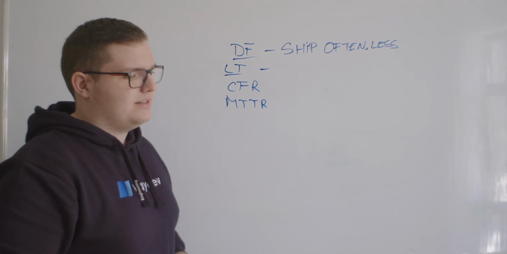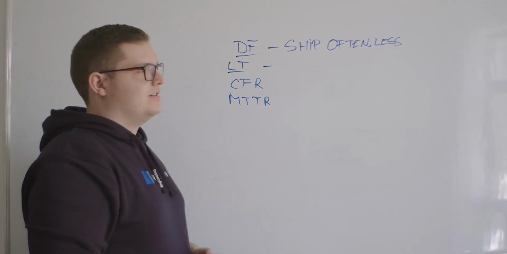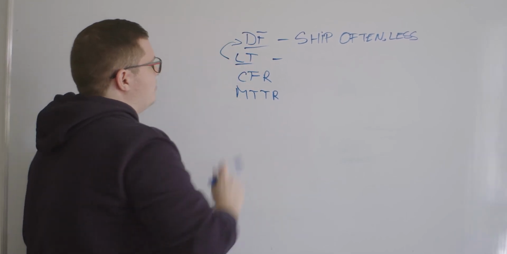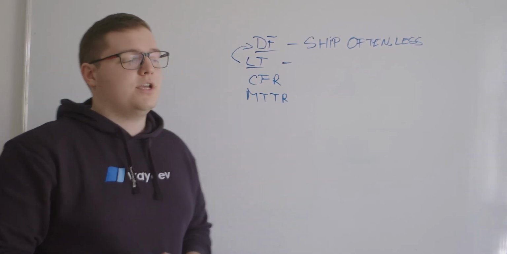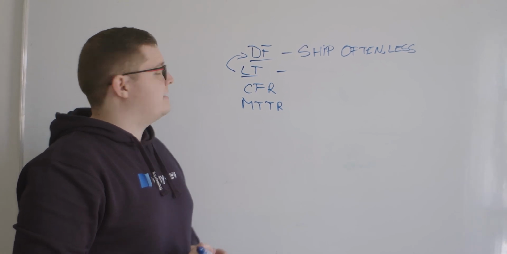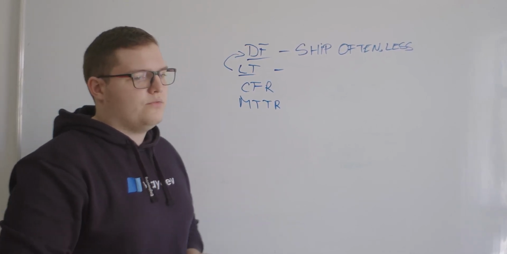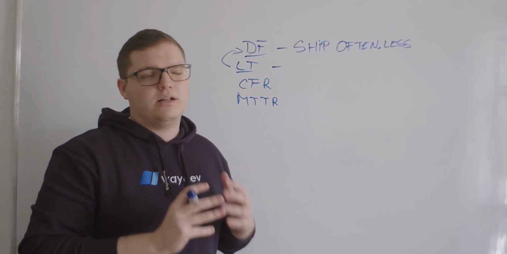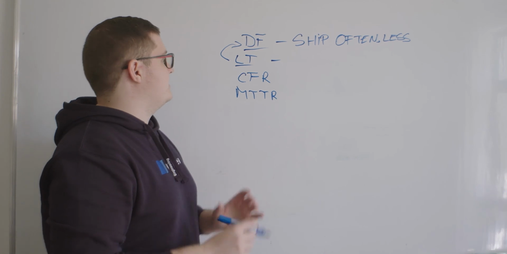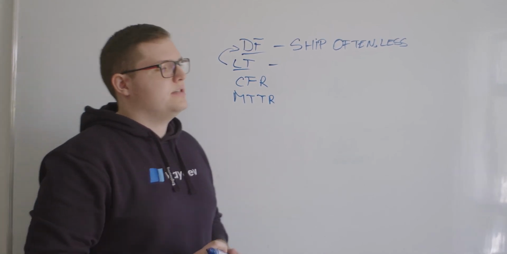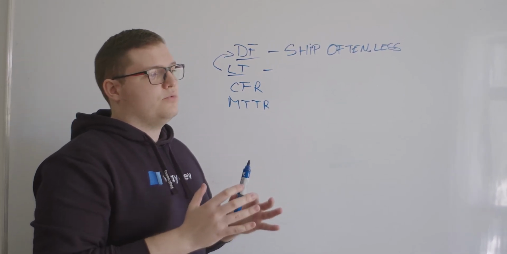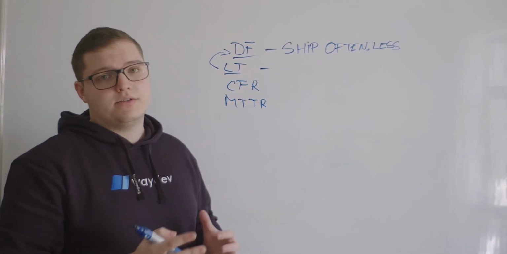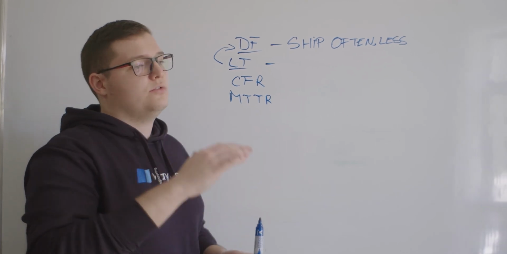Okay, the next DORA metric, which is also extremely important and in direct correlation with deployment frequency, is lead time to changes. Lead time to changes can actually be viewed as more parts united into a single one. Because actually lead time to changes is comprised of the time between when a commit is issued and a PR is issued, so the time from commit to PR issued,